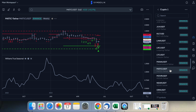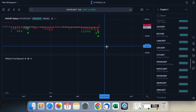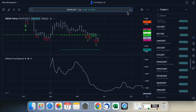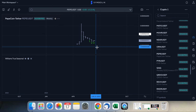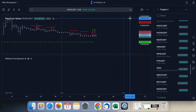Let's see what else. Mover, it's on a good 913. Near, these are weekly setups, so these are a lot more reliable than your daily, is what I've noticed, but it's on a 7 count, also on a 13. Let's look at Pepe just for the fun of it. It's on a -3. I probably wouldn't mess with Pepe. It could rally. I mean, it's due for a rally, but